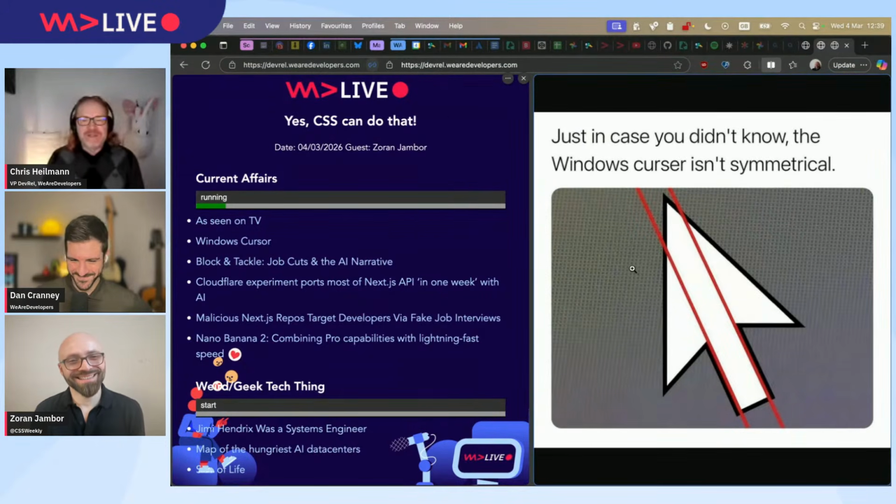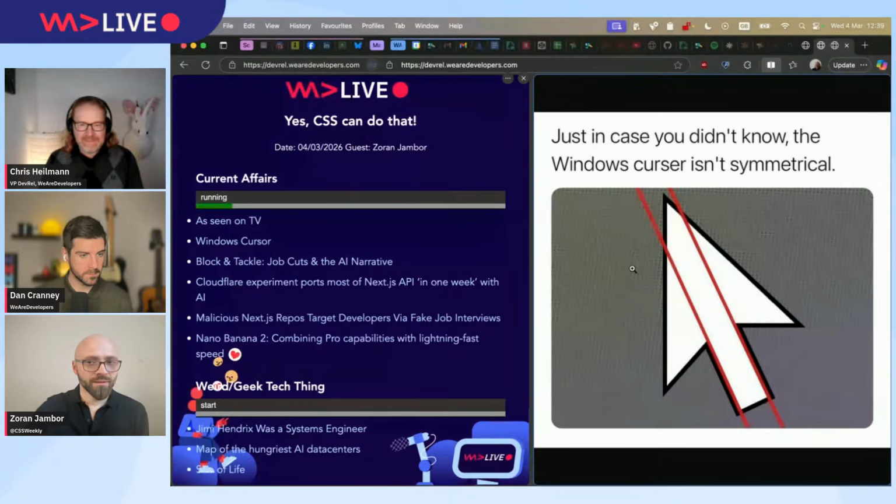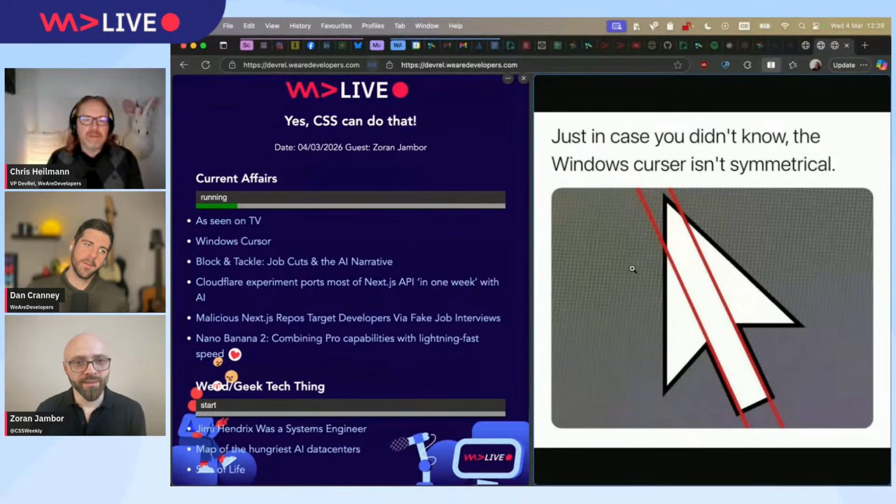I want to find out who did that and say where it lives and dox him or whatever. Because this is just not right, is it? Isn't that a design decision, maybe? Maybe there's a reason behind that. When you have things centered on the screen, if you do a mathematical center, that's not visually as good as a little bit off center to the top, because it's just more prominent and easier on the eyes.